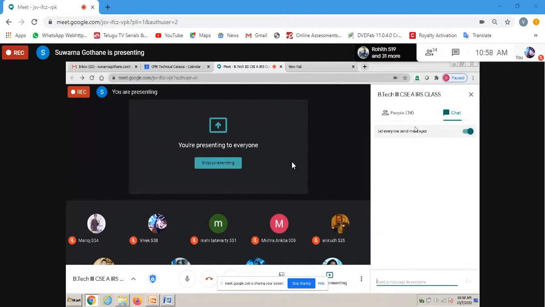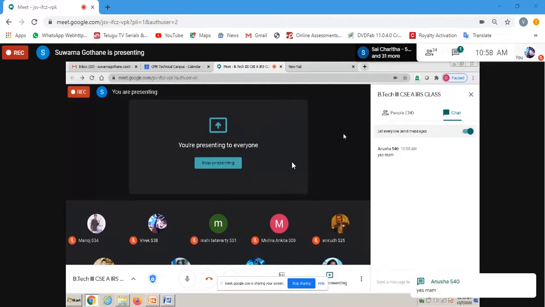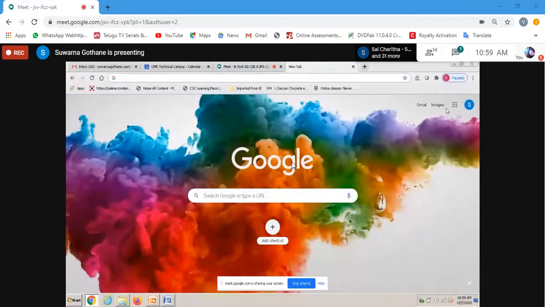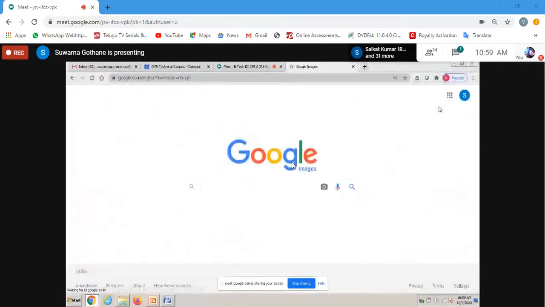Okay, so Anusha, have a look over here. I'm discussing the image input, how to give the image input. You need to go inside the images option. Now here you can see this camera option. As we have seen, for the Google search engine we can give input via text, via audio, via camera, or with the help of any sort of image.